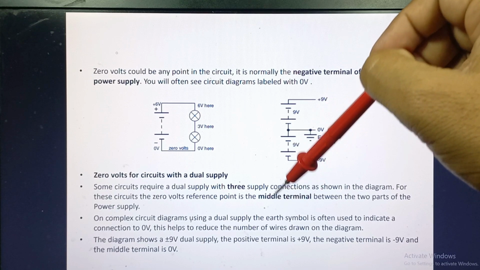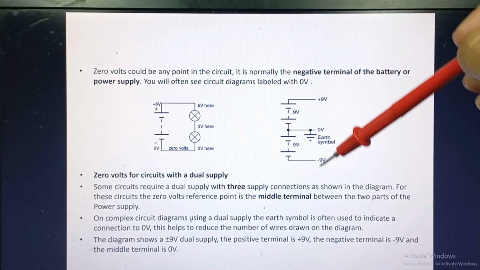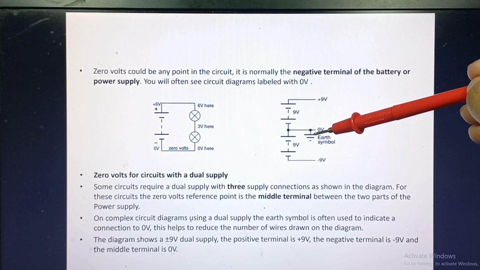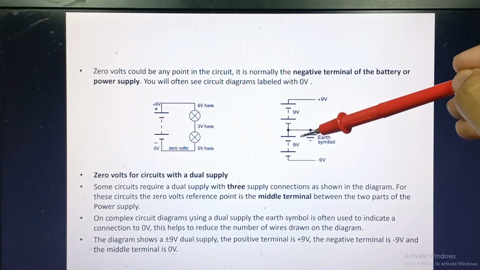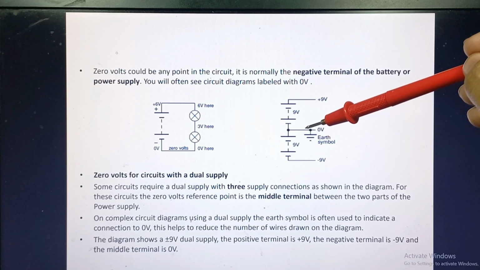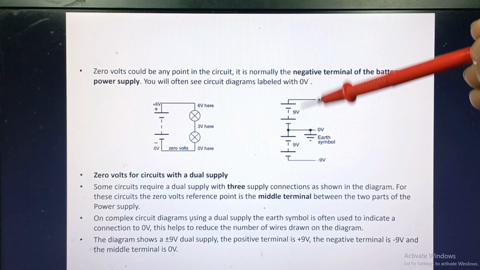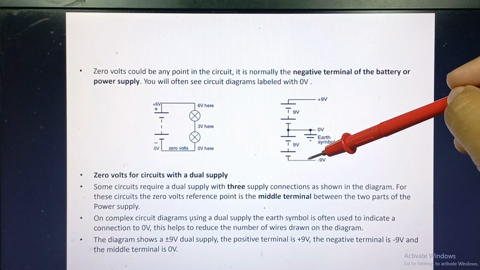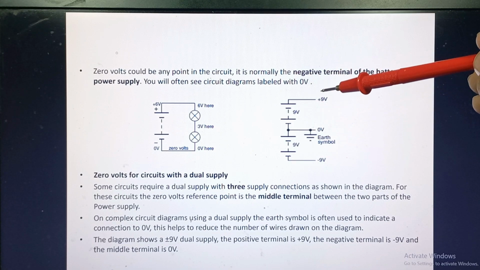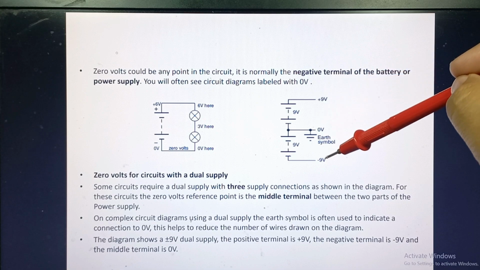On complex circuit diagrams using a dual supply, the earth symbol is often used to indicate a connection to 0. Yes, here you can see the earth symbol, which is a connection to 0 volt. This helps to reduce the number of wires drawn on the diagram. The diagram shows a plus minus 9 volt dual supply. The positive terminal is at positive 9 volt, the negative terminal is at negative 9 volt, and the middle